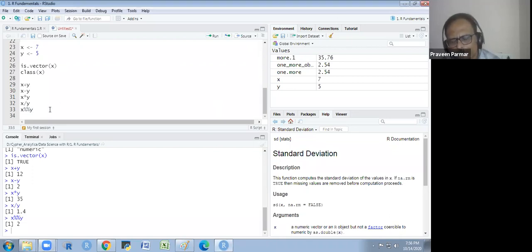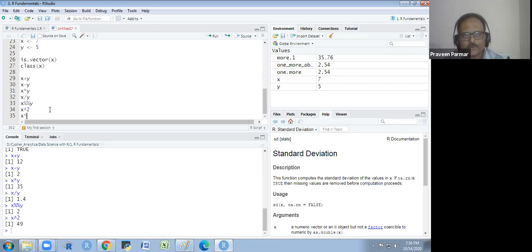Is it clear? If you have to take the exponent or the power, so X to the power 2, X is 7, so it should be 49. We have another option: 2 times asterisk, it's not percent, asterisk. 2 times we could use the asterisk and we will get the power.